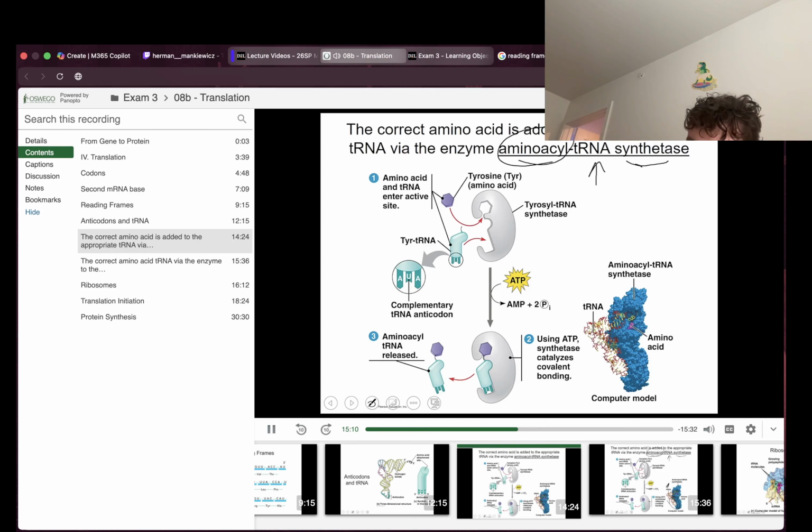All right. So you can see that the reason it does this is because there's a very specific three-dimensional shape to the enzyme. All right, they show you the kind of lock and key model here in the middle. Down in the bottom right, they actually give you a